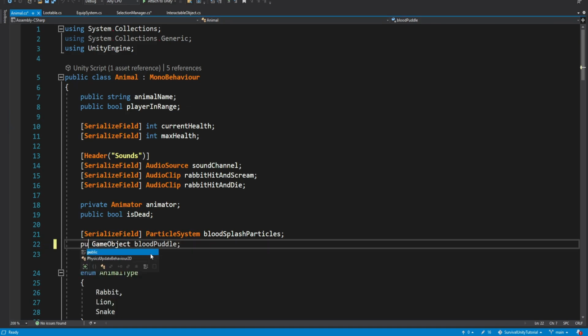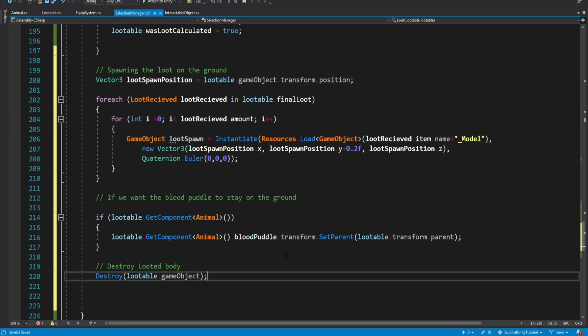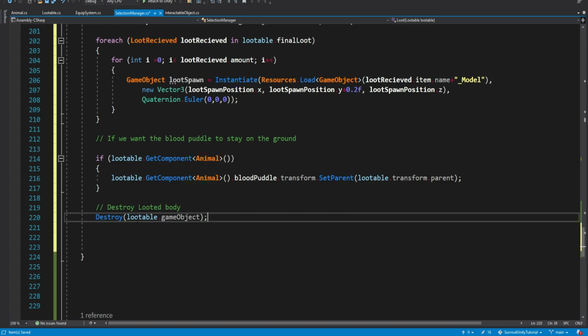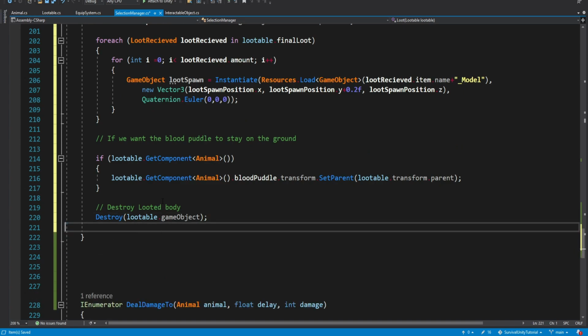So make it public, and now we can access this, and there will be no more error over here. Now, after we change the transform of this blood puddle, we can finally destroy this rabbit, this dead rabbit, or